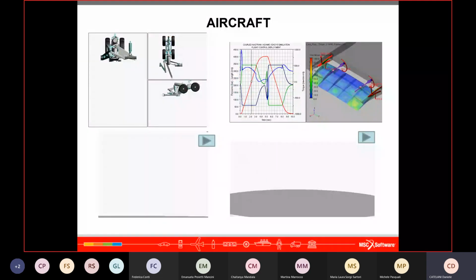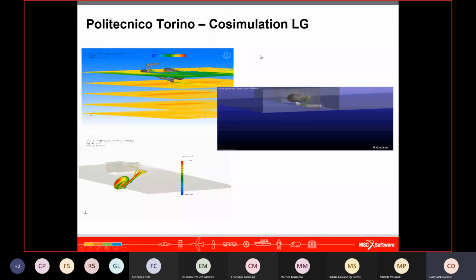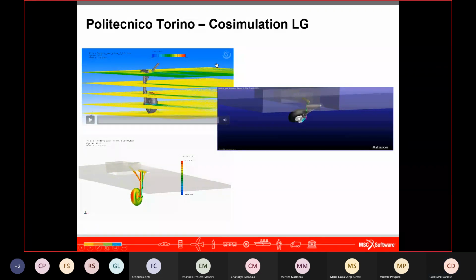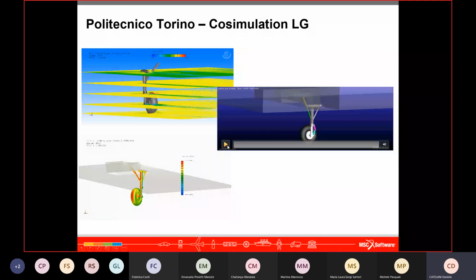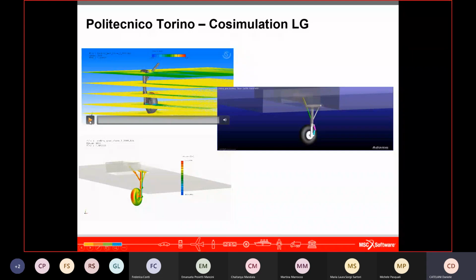But this is not enough. If today you want to perform a co-simulation between Adams and the CFD code, now you can use advanced techniques in order to transfer the movement of the aircraft to the CFD code. You change the aerodynamic field because the landing gear is moving in the aerodynamic flow. The center of pressure of the forces changes, and these forces are transferred back to Adams in one analysis only, using